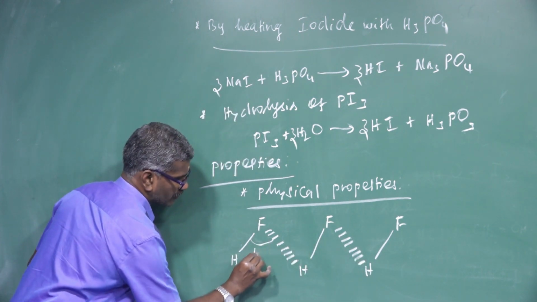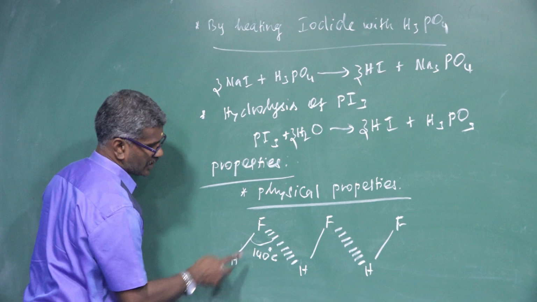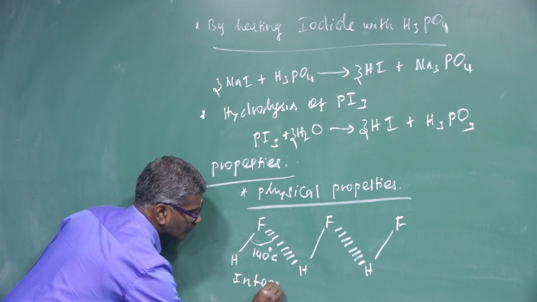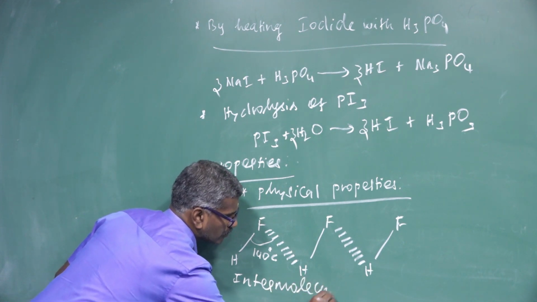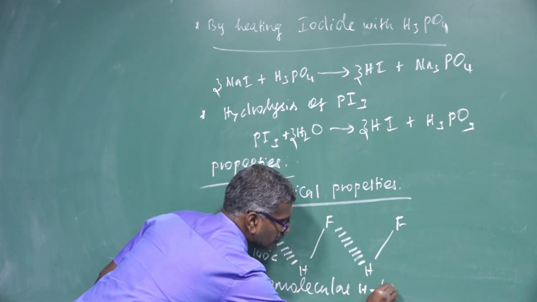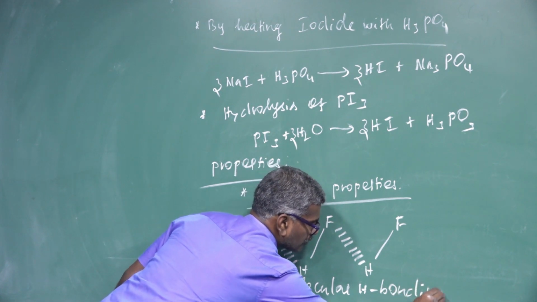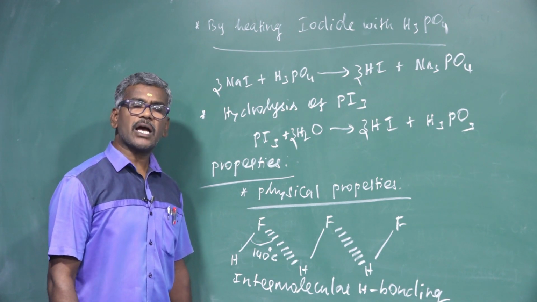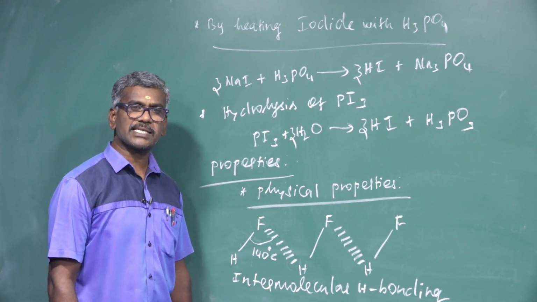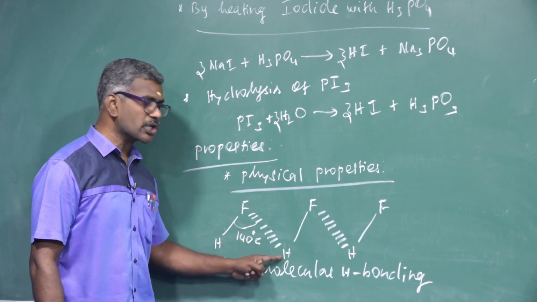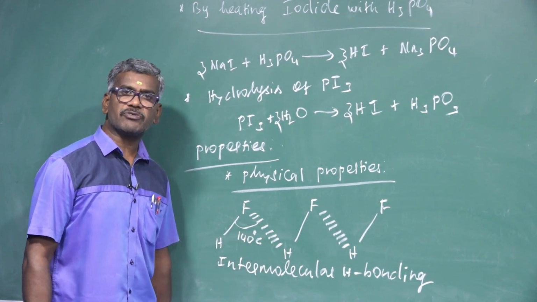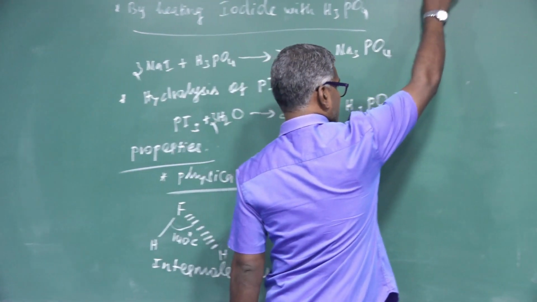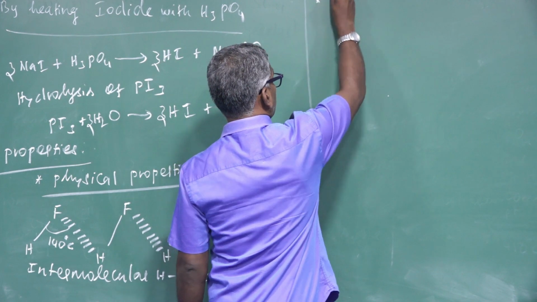The bond angle is 140 degrees. It forms intermolecular hydrogen bonding. Except HF, all the remaining hydrogen halides are gases. HF forms intermolecular hydrogen bonding. Any compound that forms intermolecular hydrogen bonding may have a high boiling point, but HF has a low boiling point,